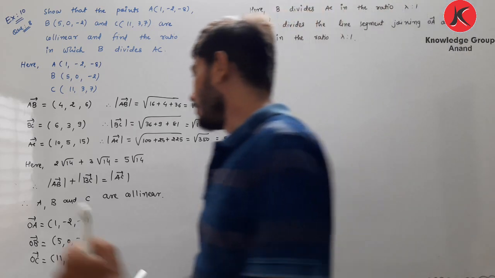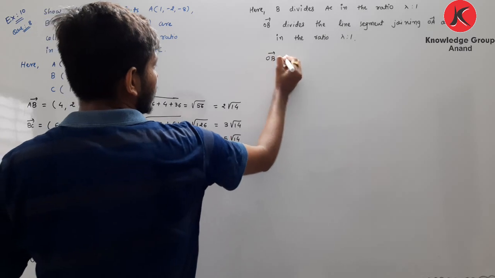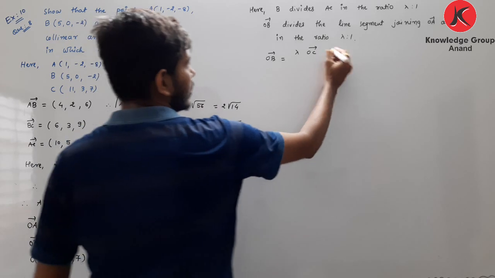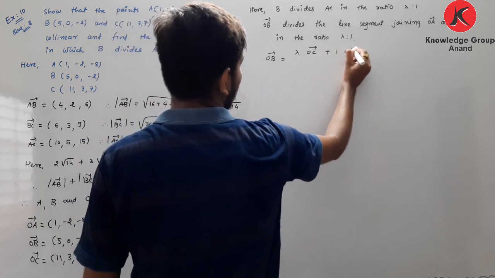Okay, therefore we can say that vector OB equals lambda vector OC plus 1 into vector OA,